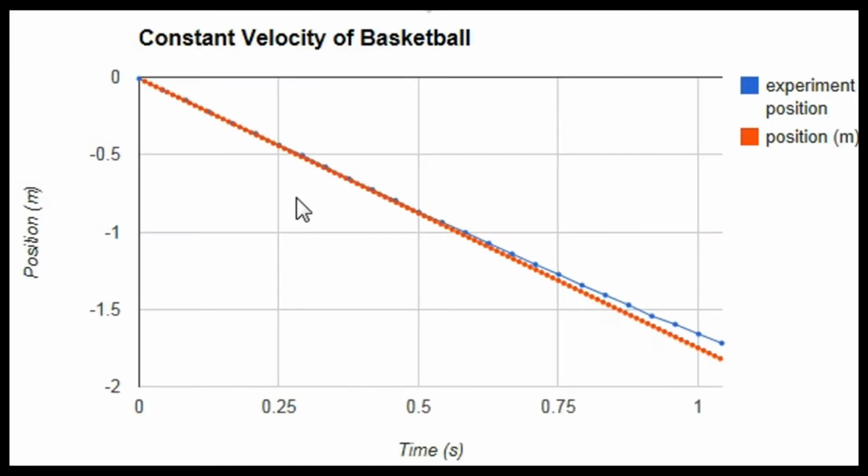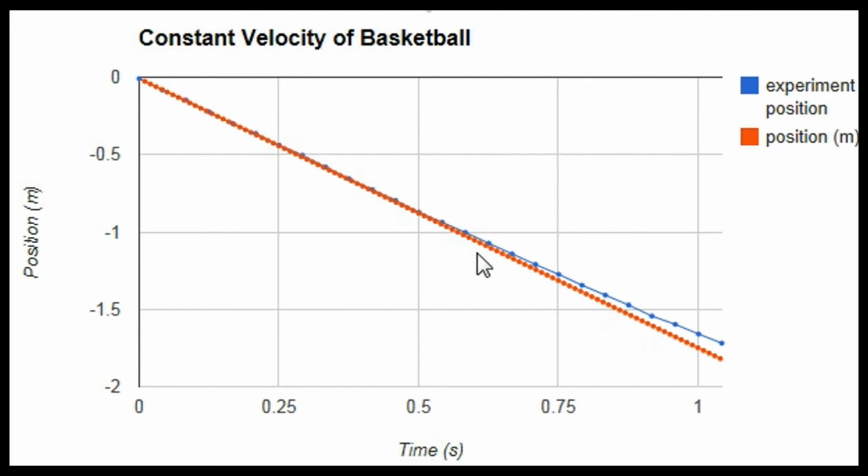So here's my final graph. The position is marked in meters on the x-axis, time in seconds on the y-axis. The experimental positions are marked in blue, and the theoretical positions are marked in red. And as you can see, the constant velocity is the ideal red bar, and the blue bar actually does have constant velocity